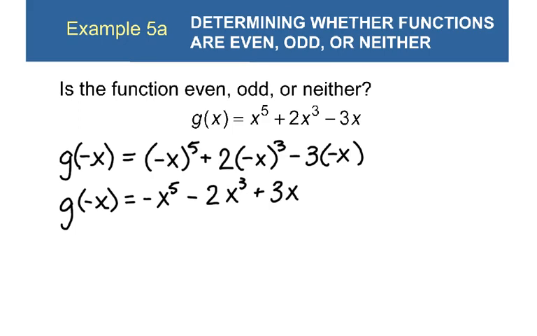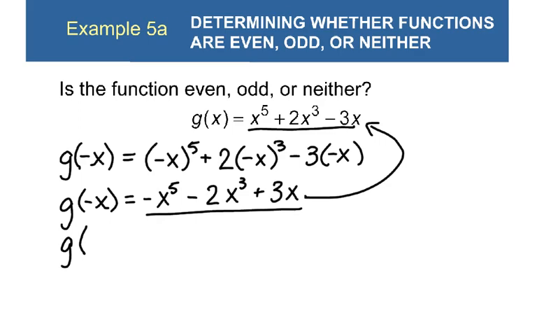Okay, so now what we're trying to do is see whether we have an even, odd, or neither function. We'll discover if it's even if what we ended up with is equivalent to our original function, which, no, it's not. We have negative x to the fifth minus 2x to the third plus 3x, not the same as the original. So at this point, to see if it's odd, because we now know it's not even,